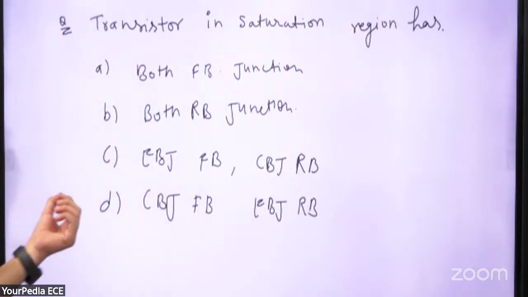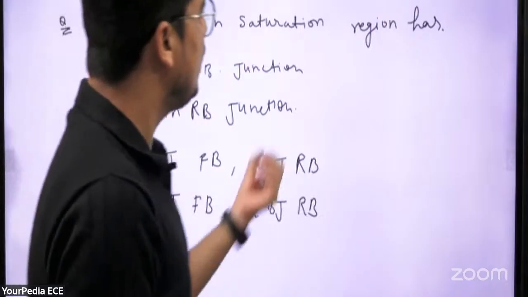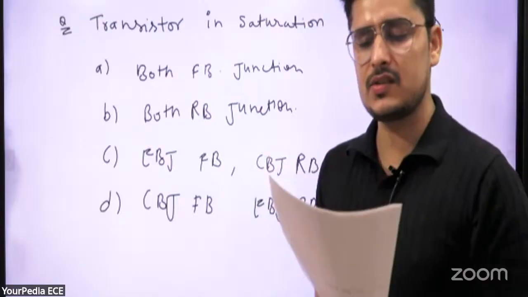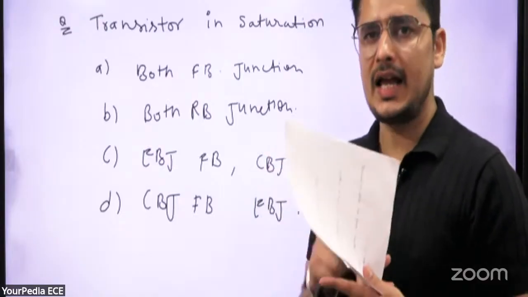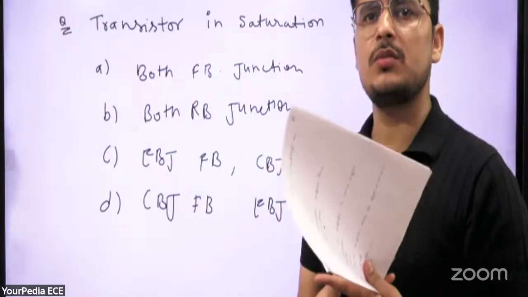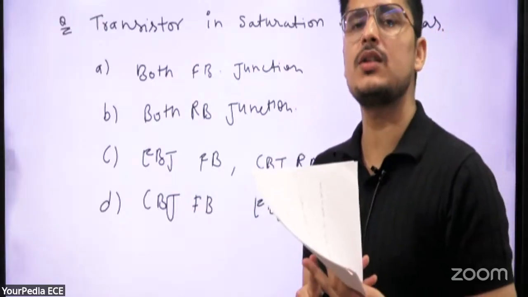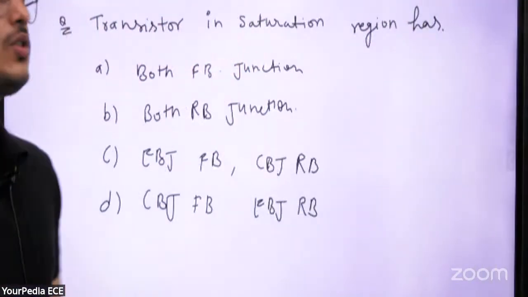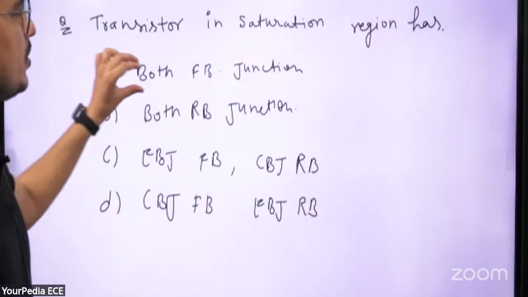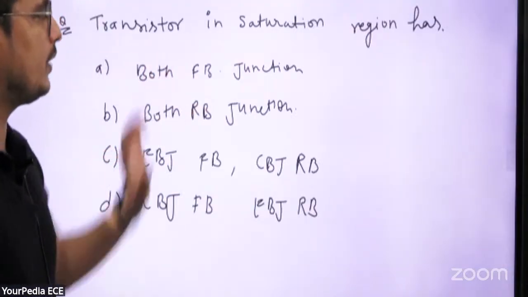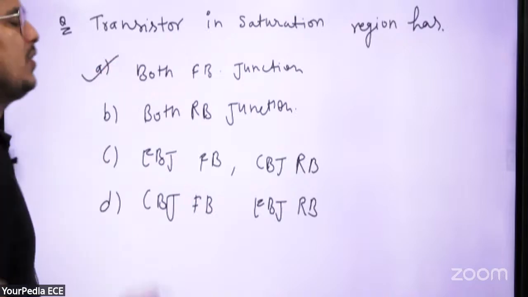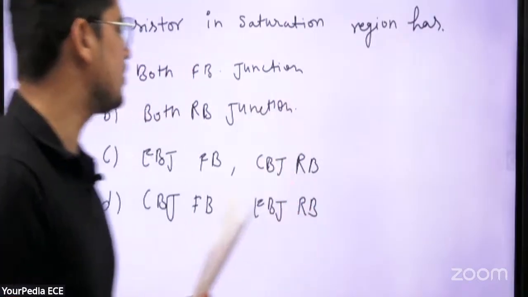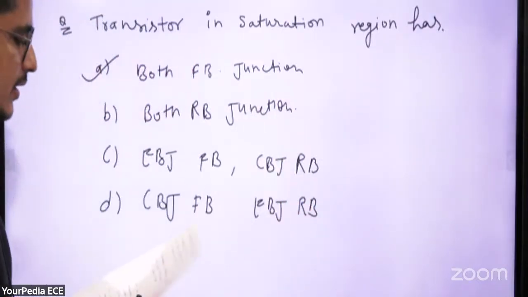When we study the transistor, in the starting we discuss all of these four modes. A transistor can be operated in four modes: active mode, saturation mode, cutoff mode, and the last mode is reverse active mode. When we talk about the saturation mode, both junctions of the transistor will be forward bias. This is a very easy question, and these questions are from the notes where we studied these things. These are very basic questions from analog electronics, or you can say the ADC.